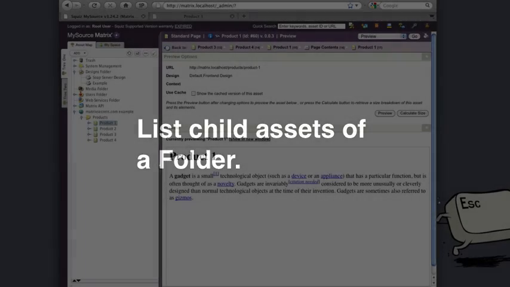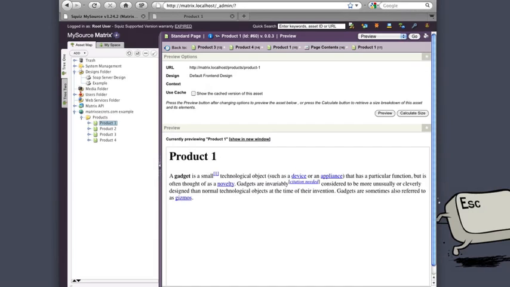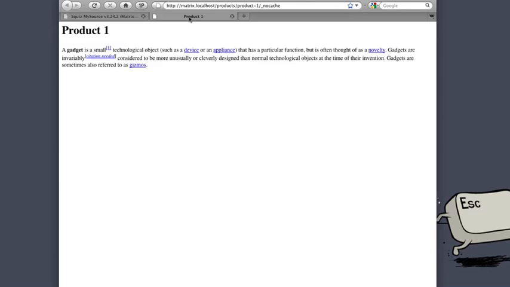In this screencast, we're going to look at one of the issues with folders and a simple way of getting around this issue. So here we've got just a simple website with a folder and some products. Folders on their own are a pretty useful way of storing different asset types within them. But one of the problems is if we preview a product here,